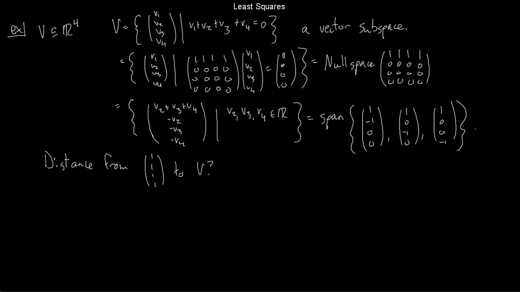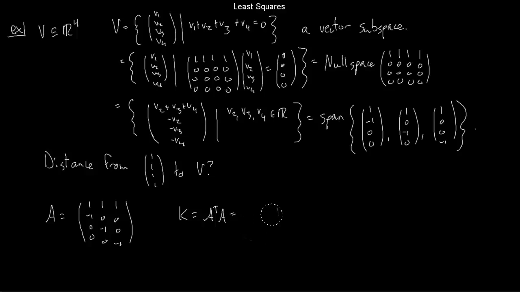So here's a question. How far is it from 1, 1, 1, 1 to V? Clearly 1, 1, 1, 1 is not a member of V, because the coordinates don't add up to 0. So in order to find out how far away it is, let A be the matrix whose columns are given by your basis of V. That's what I've written here. And then A transpose A